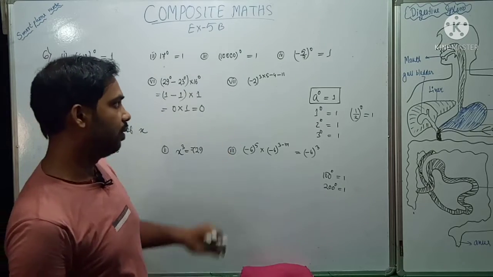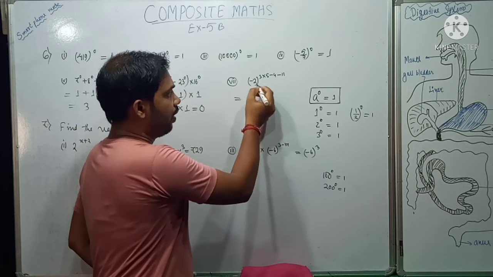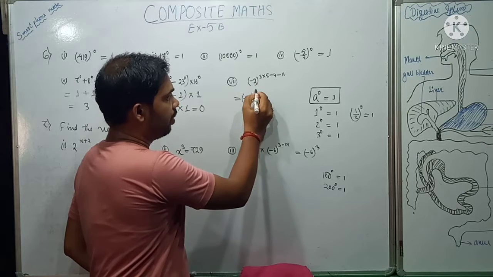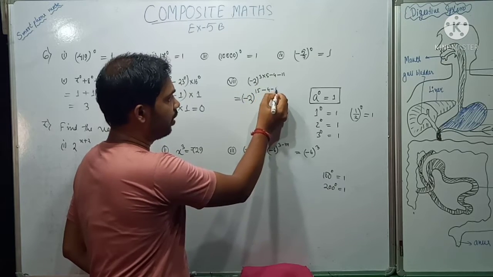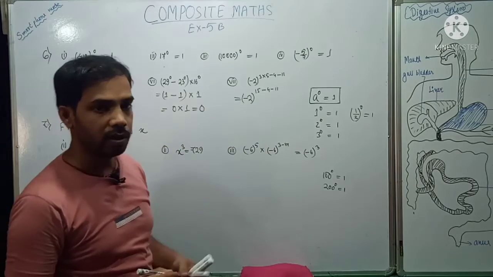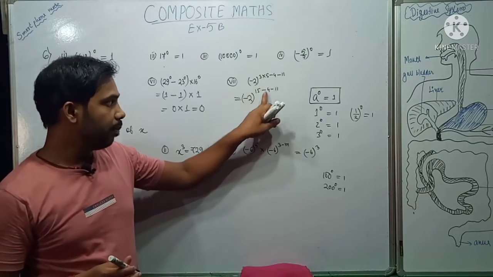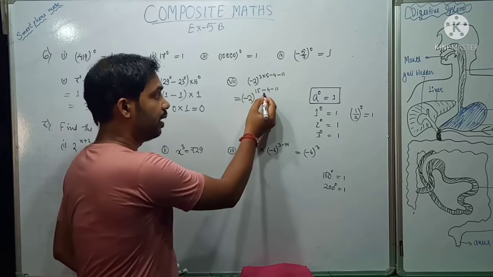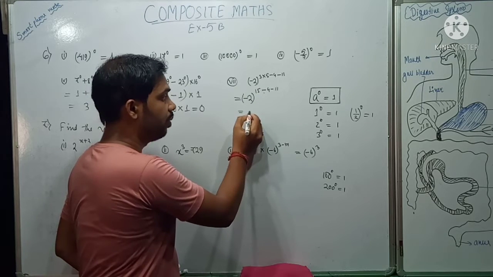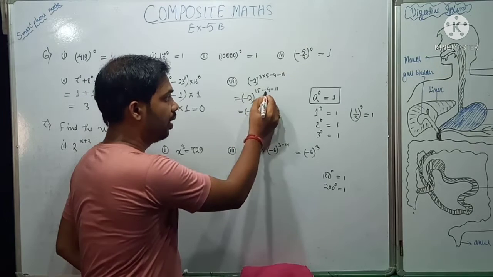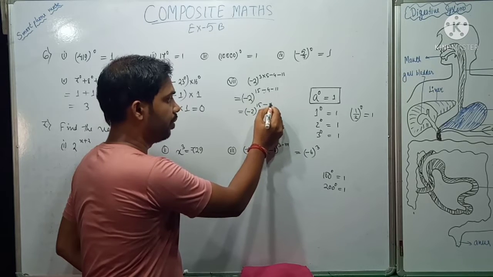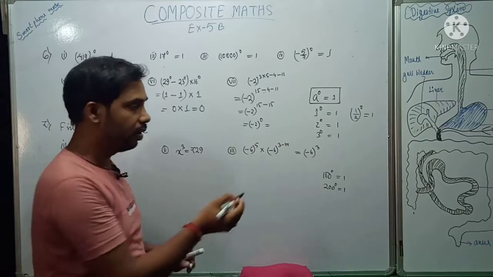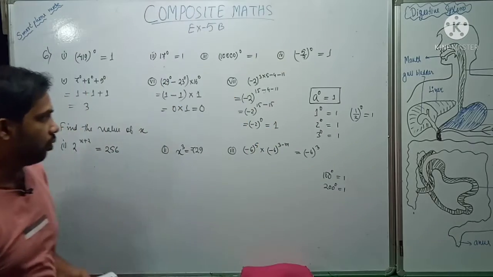Okay, see this one. So minus 2, so you multiply and then subtract. 3 5s are 15 minus 4, so 11. You remember one thing, when signs are the same, then the numbers are added. So you see here minus sign, here minus sign, then it will be added. So it will be minus 2 whole power 15. This one will be plus and 15. So it is minus 2 whole power 0, which is equal to, anything to the power 0 is 1, we know only. So it is 1. Okay, so we have completed question number 6.